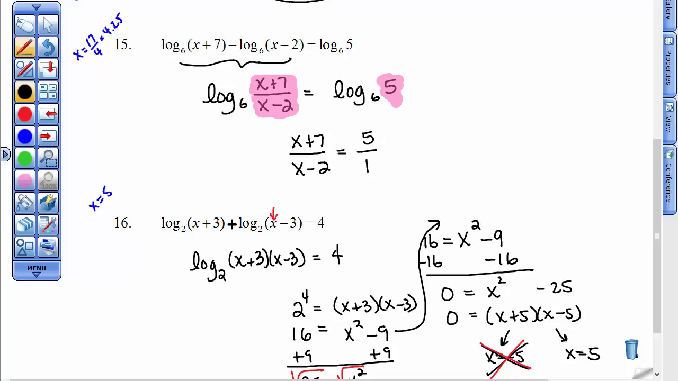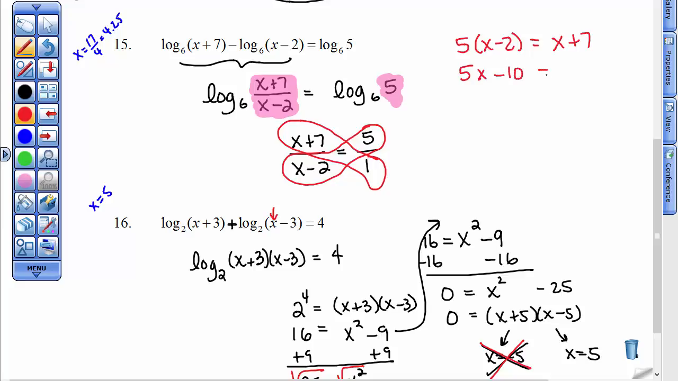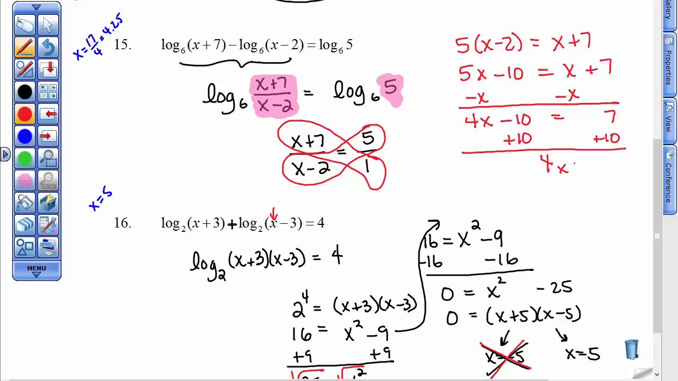And I'm going to write that as a 5 over 1 so that I can set this cross product, 5 times x minus 2, equal to this cross product, 1 times x plus 7, which is just x plus 7, and then distribute. And then we've got to solve for x, so let's subtract x from both sides, and we'll have 4x minus 10 equals 7. Let's add 10 to both sides. We'll have 4x equals 17, and then we'll divide both sides by 4